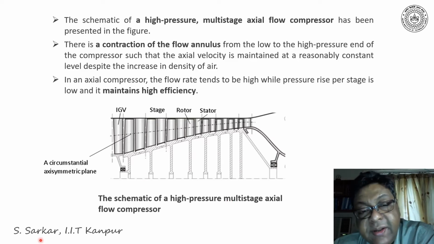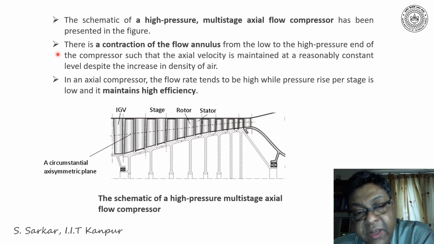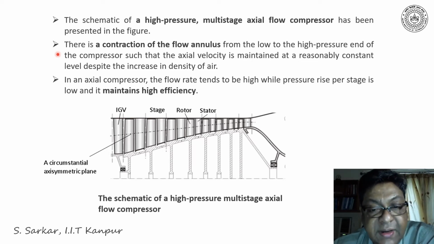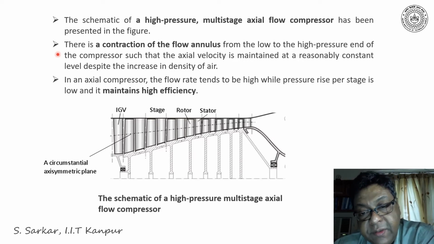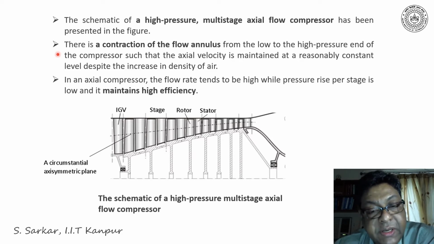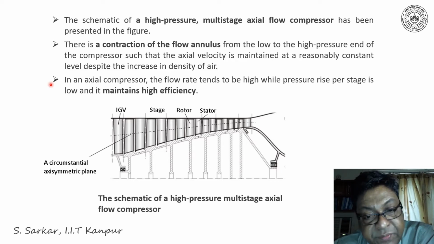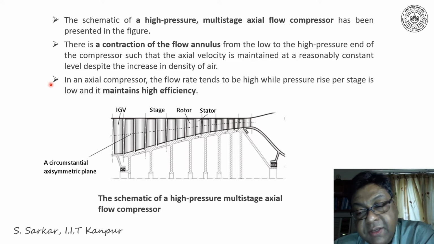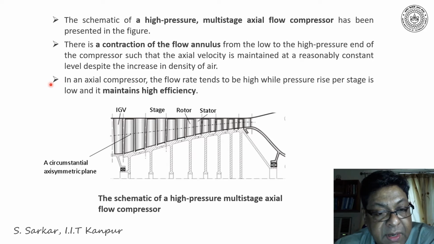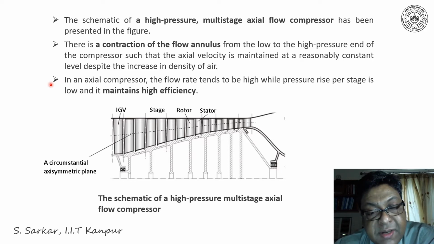One should note that there is a contraction of flow annulus from the low pressure to the high pressure end of the compressor, such that the axial velocity is maintained at a reasonably constant level despite the increase of density of air. In an axial flow compressor, the flow tends to be high while the pressure rise per stage is low, and it also maintains high